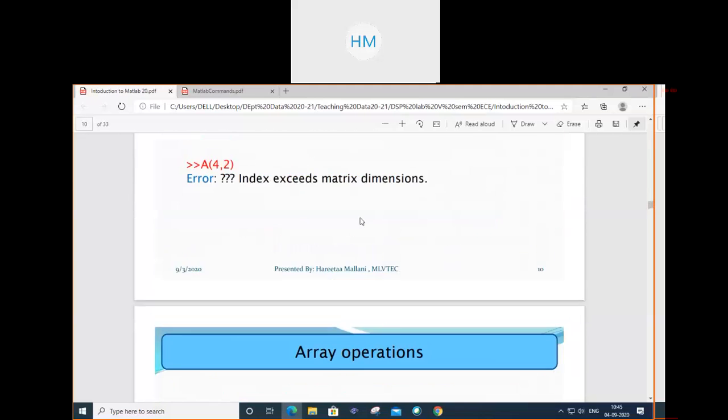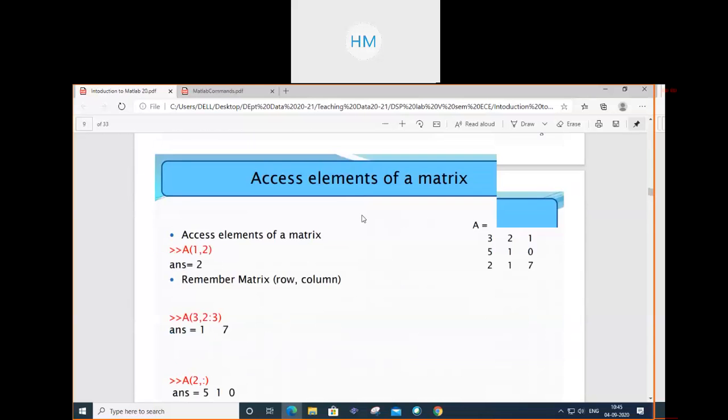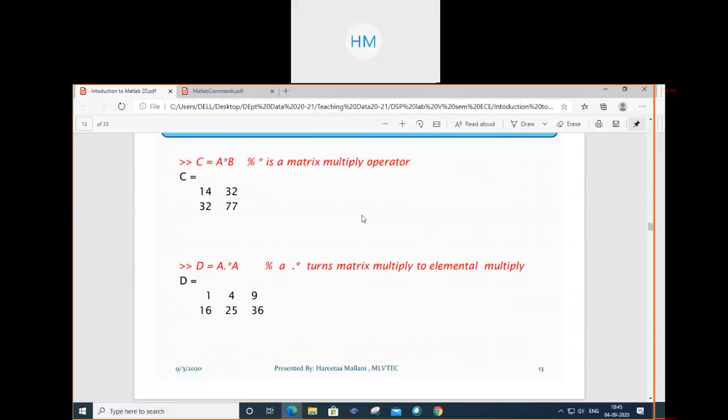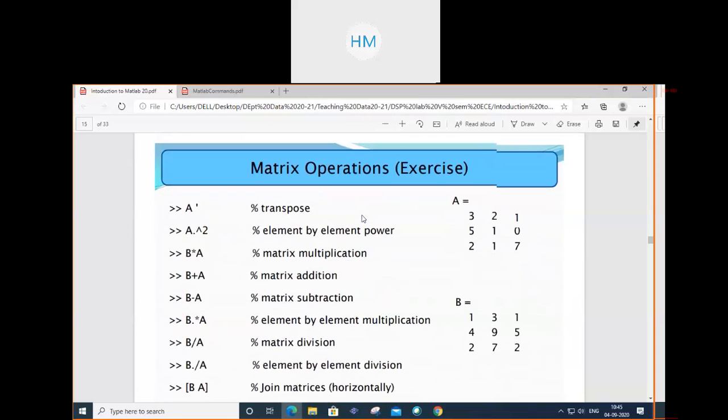We have started with array operators. Matrix operations, we have discussed all the various syntax or formulas of these matrix operations. We should know the syntax properly. All these are very basic syntax.